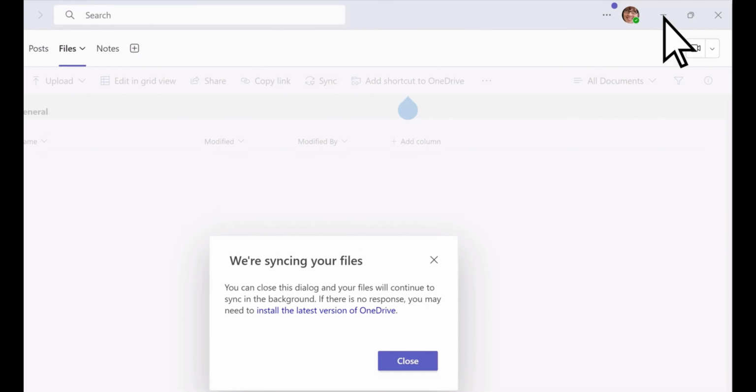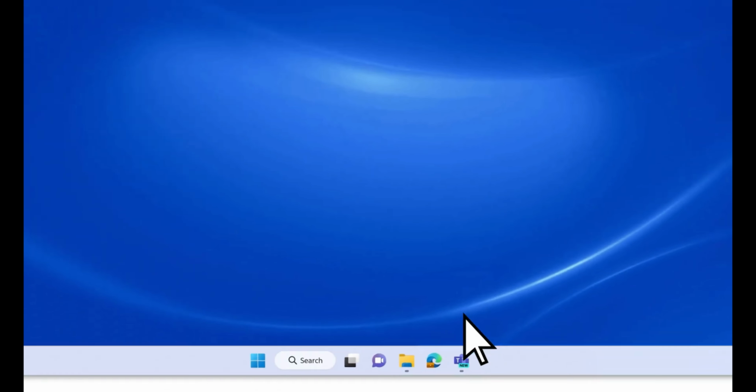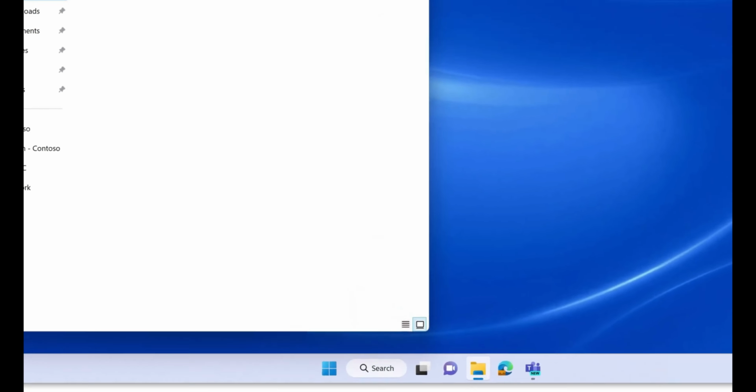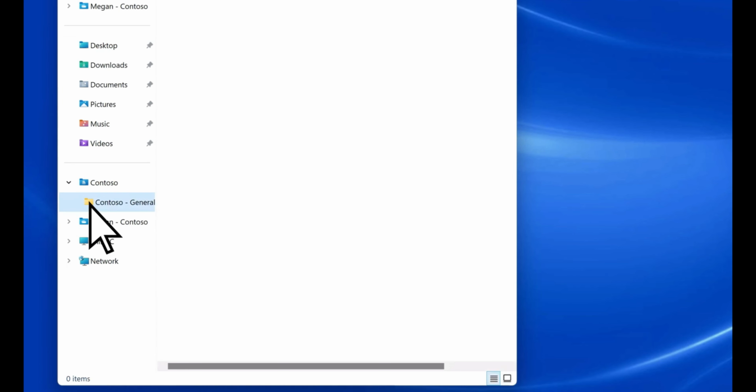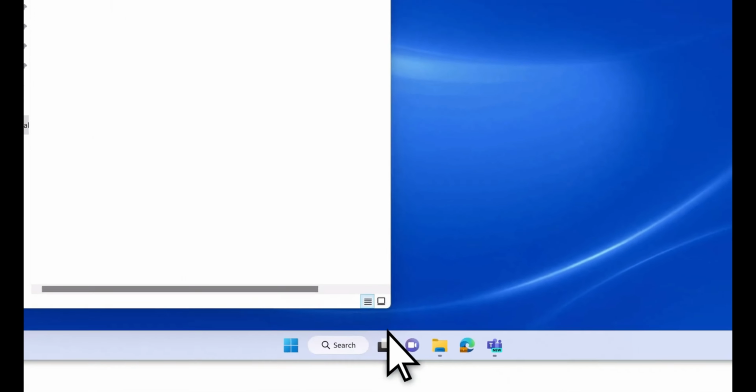Return to your desktop and open File Explorer. On the left, you'll now see the Documents folder that is synced with your Teams channel. Open the main folder and select the folder associated with the Teams channel. Next, open a new instance of File Explorer